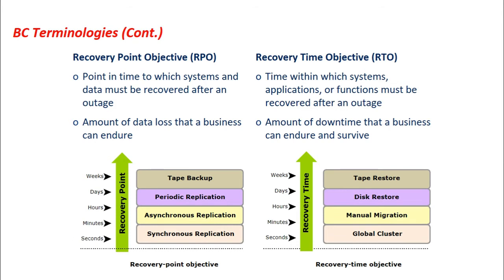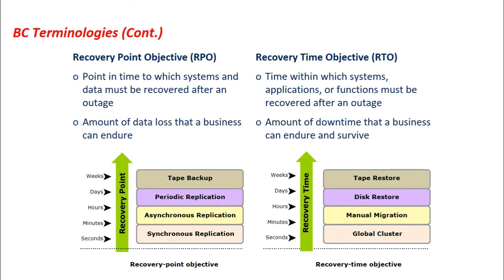A large recovery point objective implies high tolerance to information loss in a business. So if a large RPO is set for a given organization, that indicates the business can lose more data and still perform its normal operations. Based on the recovery point objective, an organization plans for the frequency with which a backup or replica must be made. Depending upon the value of the RPO, organizations determine the frequency for taking the backup or the replica. For example, if the recovery point objective is 6 hours, backup or replicas must be made at least once in every 6 hours.